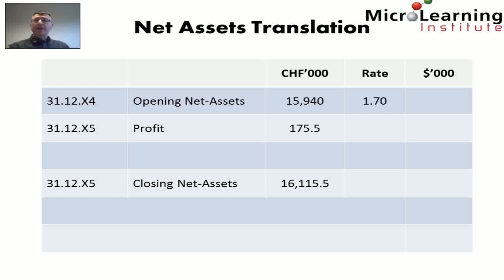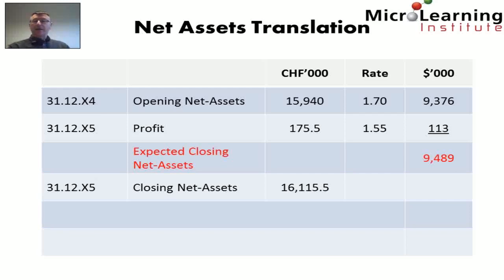The net assets are translated at the opening rate. Now we're told that the exchange rate from Swiss francs to dollars on the 31st of December X4 is 1.7. So consequently the net assets of Lausanne translate to $9,376,000. We're told that the average rate for the year is $1.55, so consequently the profit in Swiss francs of Lausanne translates to $113,000. So consequently we expect that the closing net assets should translate to the sum of 9.376 million plus 113,000,